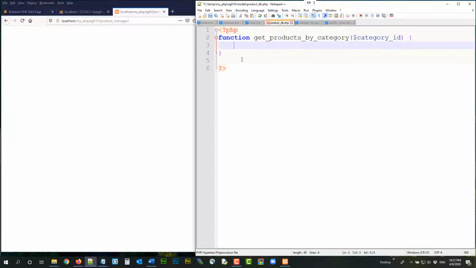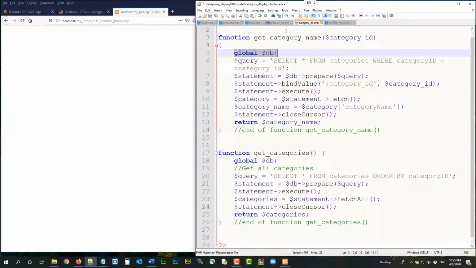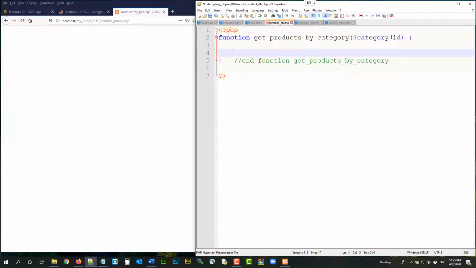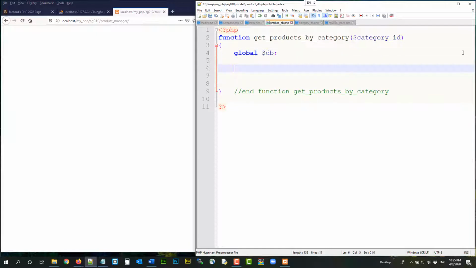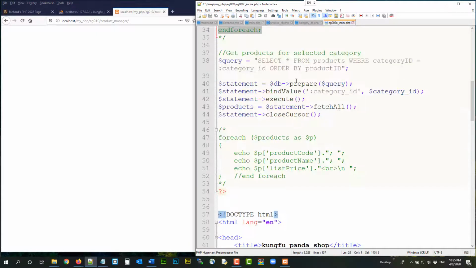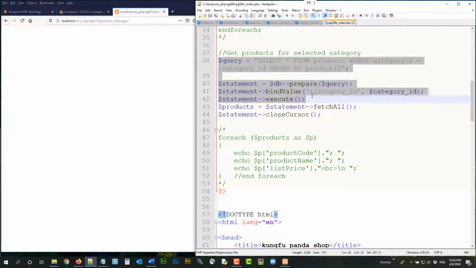there are 3 categories, right? You have to pick which category you want, and then get a product from there, and then don't forget to copy the global. Okay, and then you are going to get all the products by copying from nice index. You can write this, that's fine, but we don't want to type again. So select everything from products, bind it to the category ID, execute, fetch all,